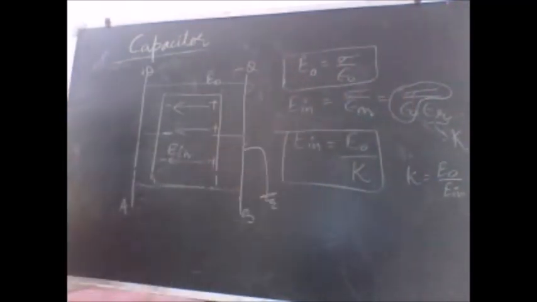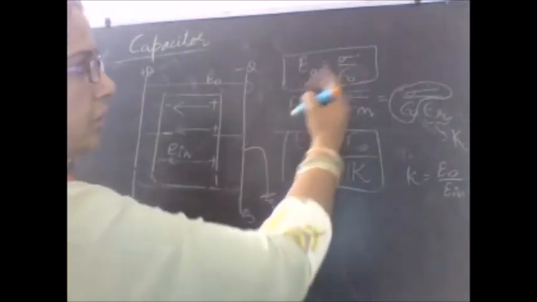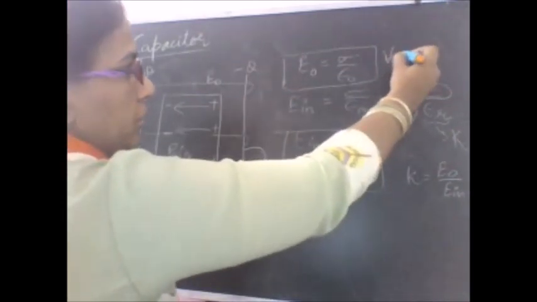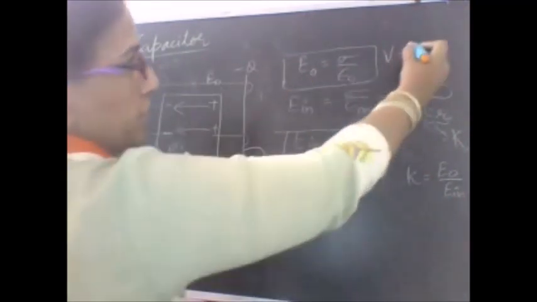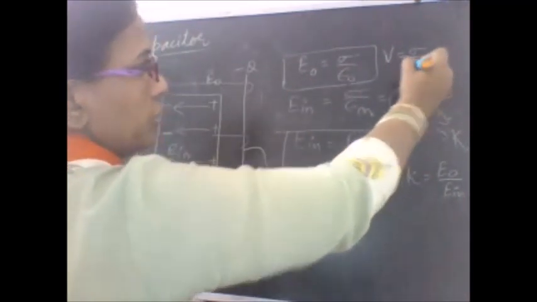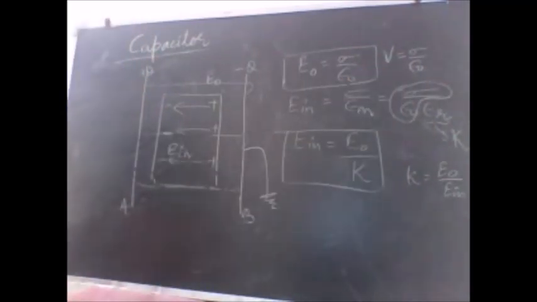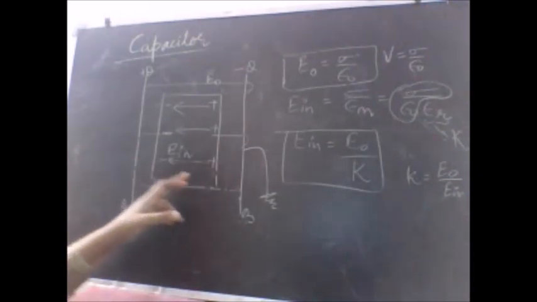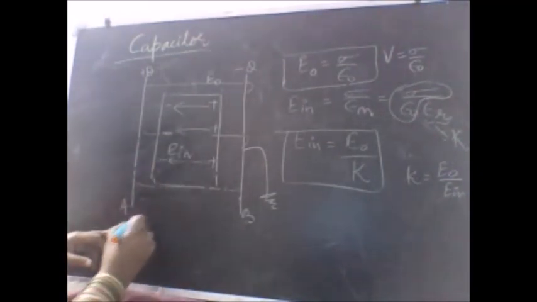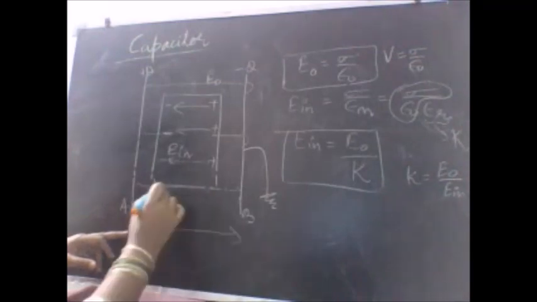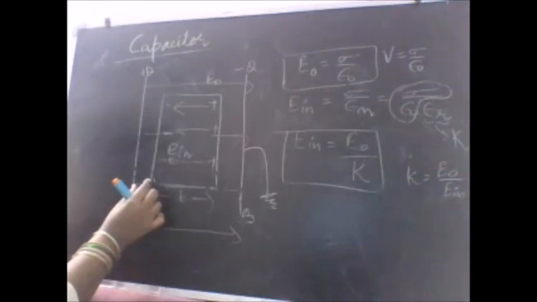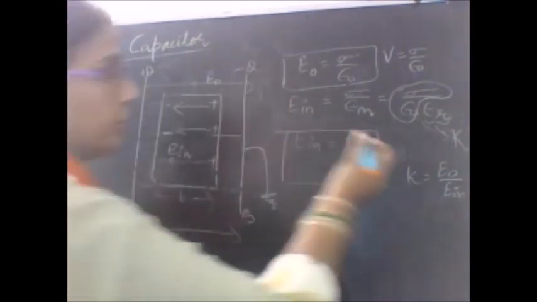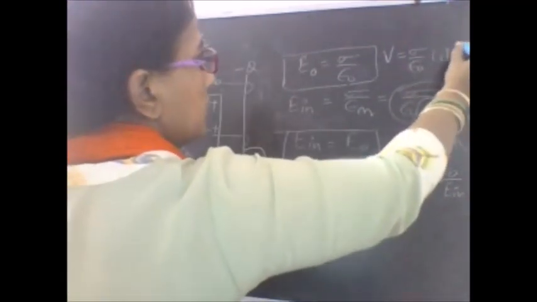So if I am aware of this formula here, what is the potential? Potential can be written as E into D. So it is sigma by epsilon naught into D. D is the distance between the plates with air medium only. Dielectric medium thickness we have to subtract. So in case the total thickness was D here and this was your T, what is the remaining thickness here? This and this. It will be D minus T.